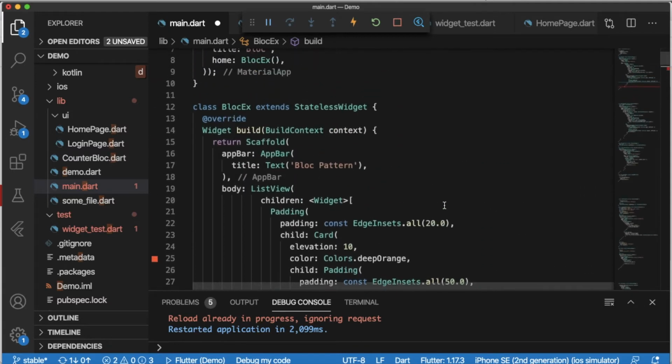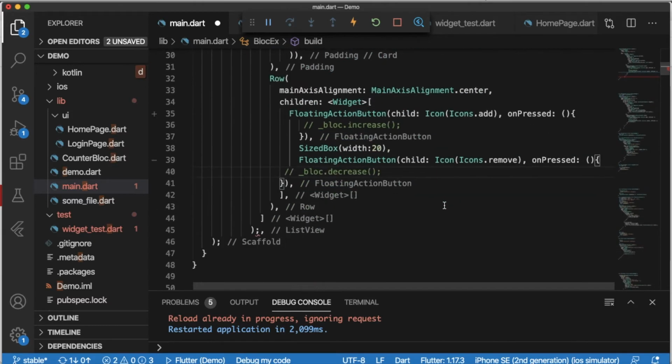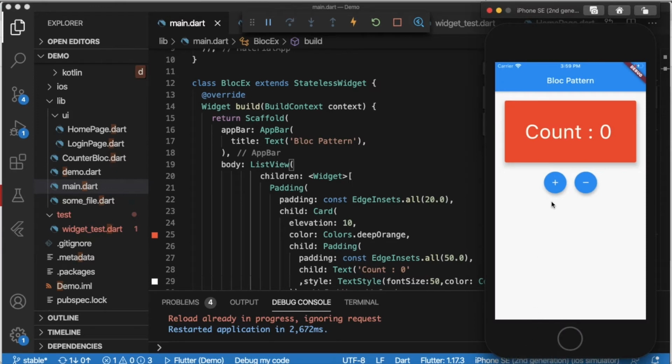Okay, so this is the design you will see on our screen. Remove the semicolon. Okay, then I am going to run this application. Then you will see the design of this application. So we have this counter and we have two floating buttons, plus and minus.